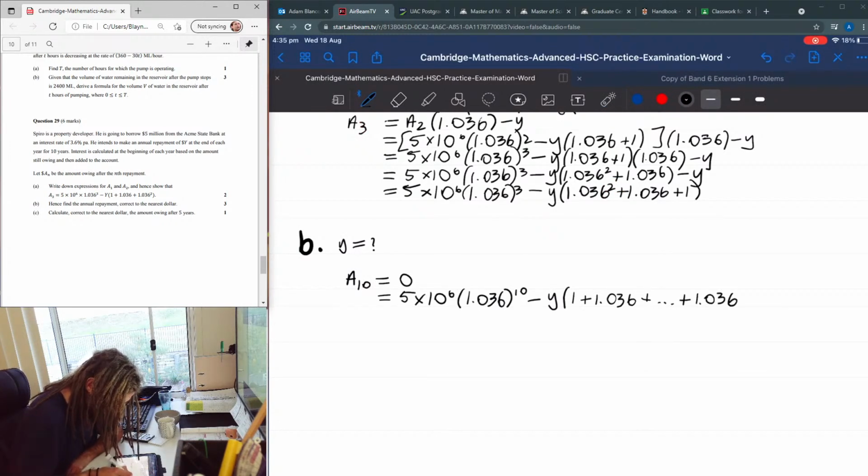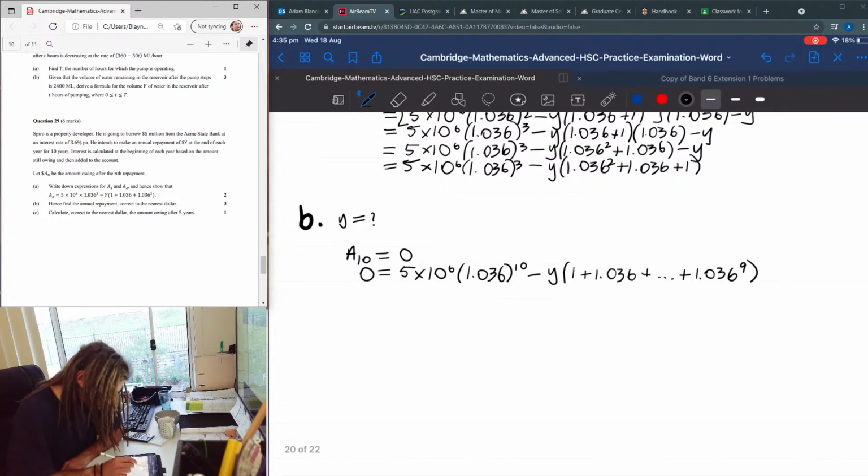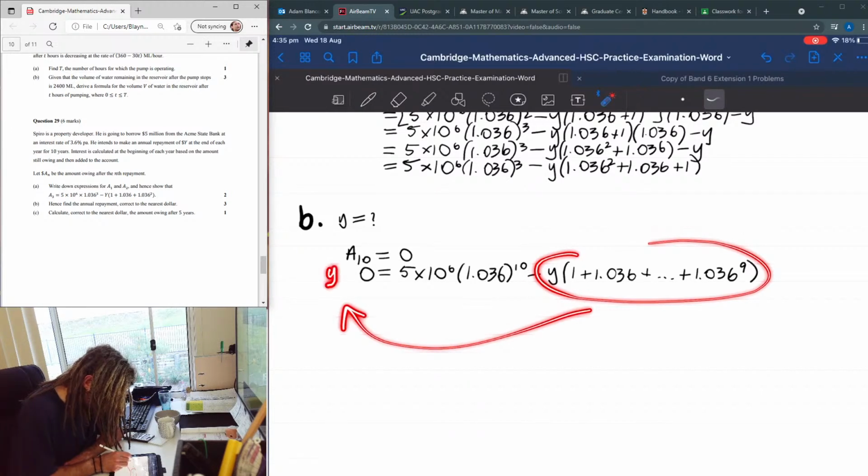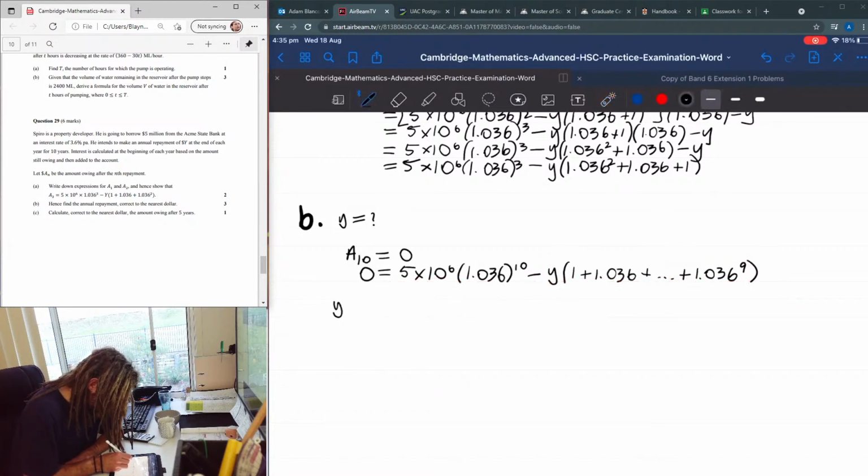Okay, so I know that this is equal to 0. Okay, I'm going to move this over here, which puts a Y there, and then I'll have to divide by all of this. So that will go underneath here. So that means Y equals